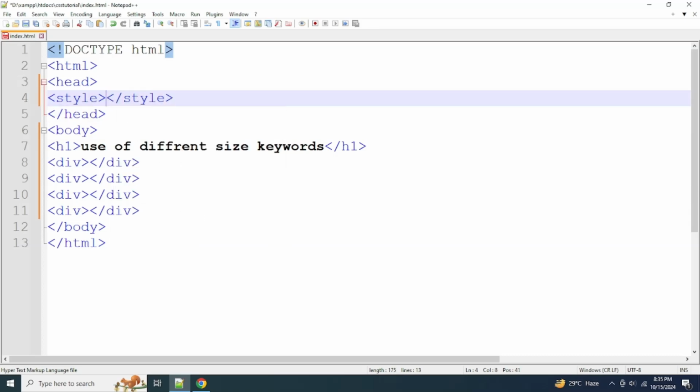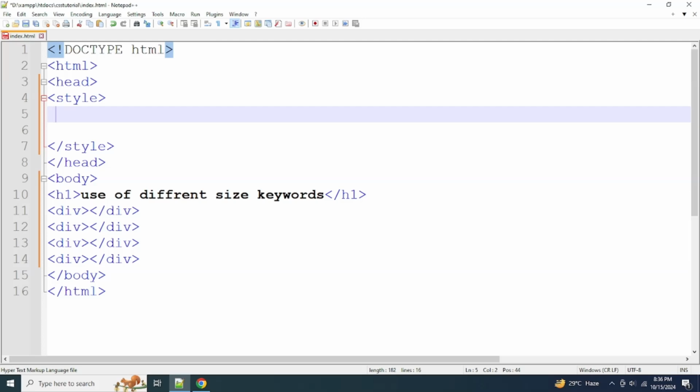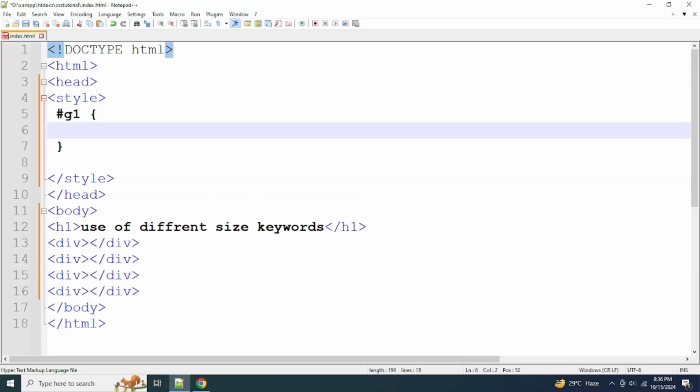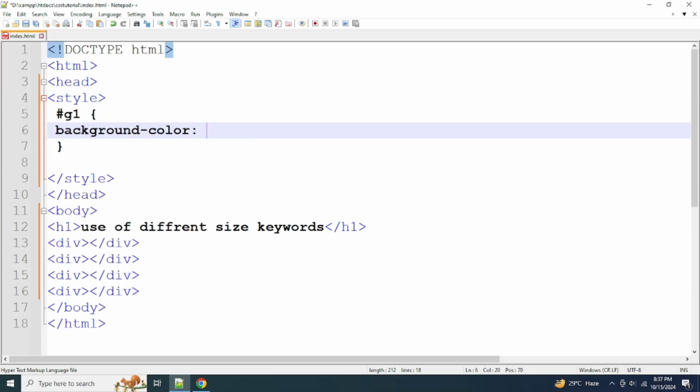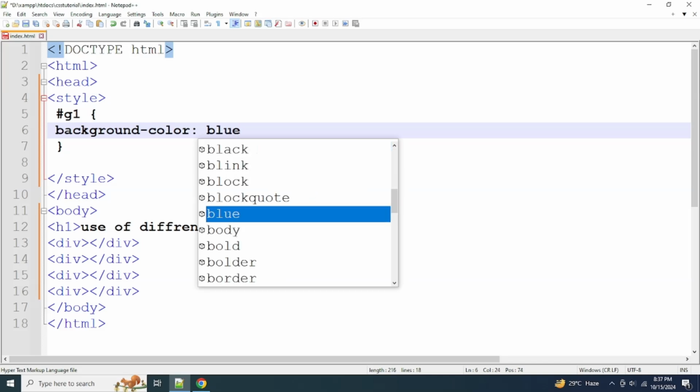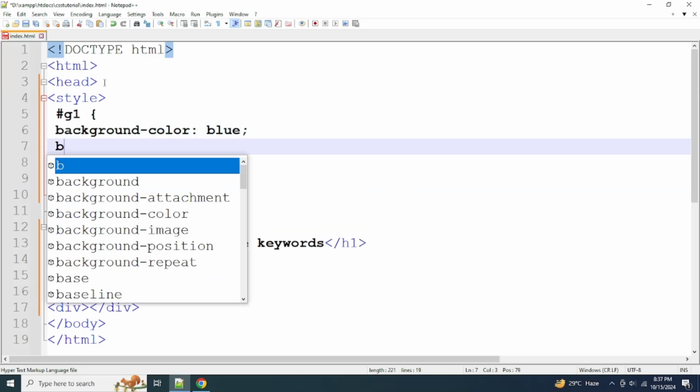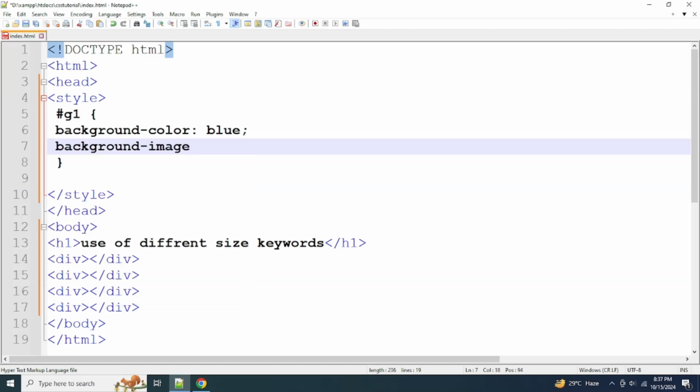In between the style tags, we will use an ID selector, use #g1, open curly braces and close curly braces. In between the curly braces, we will use CSS properties and values. First we use background-color: blue; semicolon. After that we will use background-image: radial-gradient,